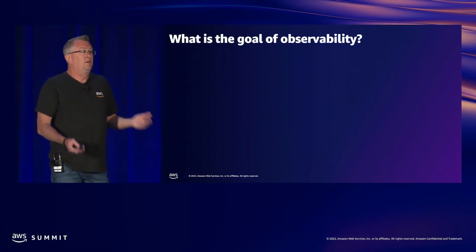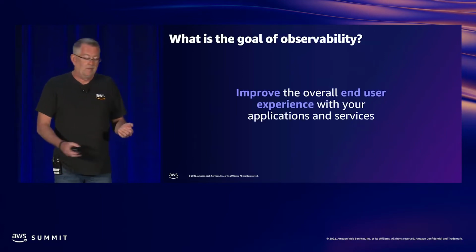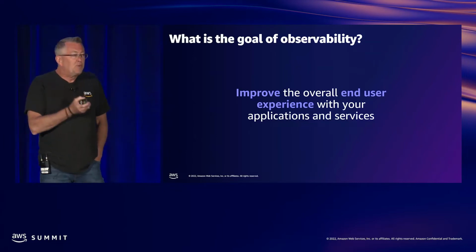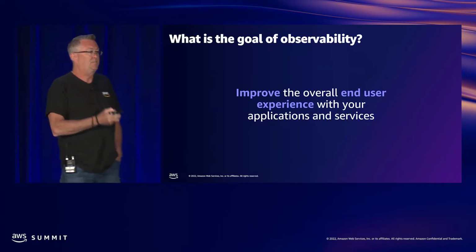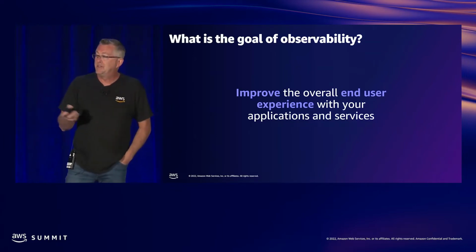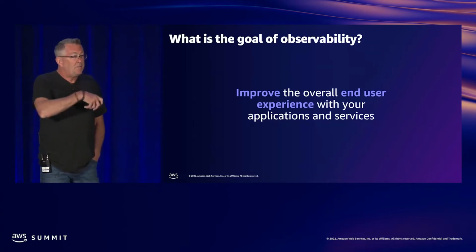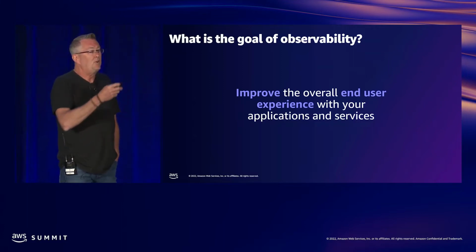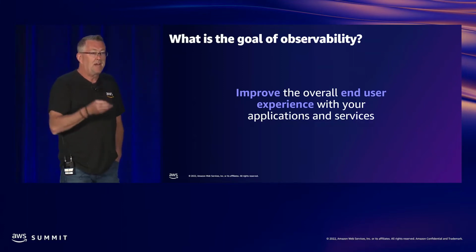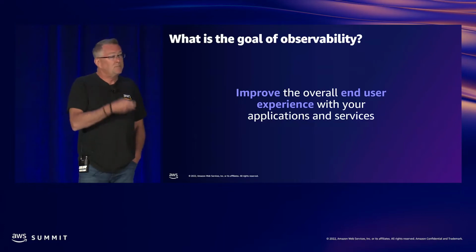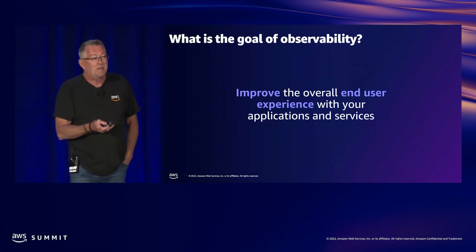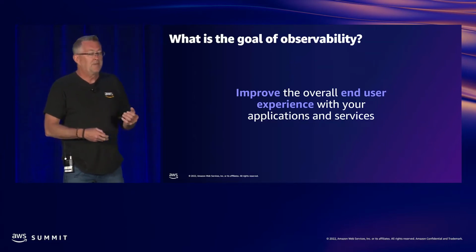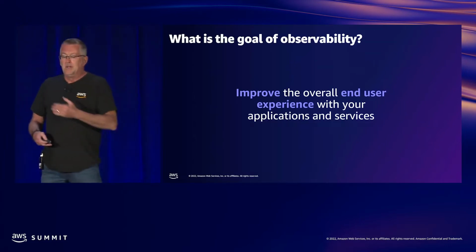So what is the goal of observability? In the end, what you want to be able to do is improve your end user's experience. And it's all about the experience that your end users have. And so for the applications and services that you produce and present to your customers, you really want to have a full end-to-end view. Just pure logging is not going to give you a good picture. Metrics might give you a bit more understanding of what's happening, but as you stitch together these three components I talked about, it gives you a full picture. And so what we're going to do right now is we're going to walk through some of the